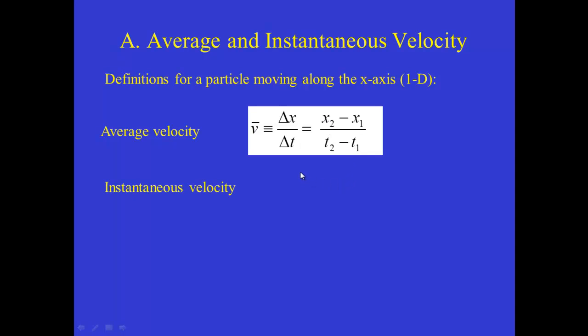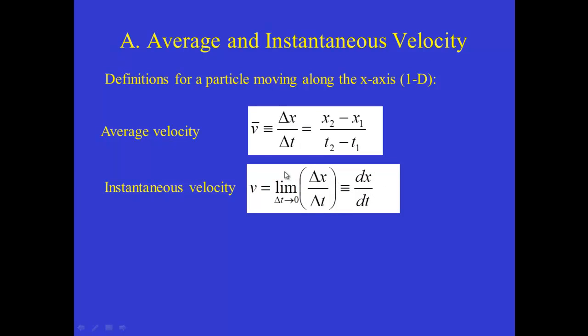Now, instantaneously, which would be the quantity that would describe at a particular moment in time how fast it's moving, not just an average velocity over an interval of time, the instantaneous velocity you would get by taking this average but moving the 2 points, t1 and t2, very close together in time. And if you could do that in such a way that those 2 points would be so close together that the delta t would approach 0, then the answer that you get in that limiting case would be equal to